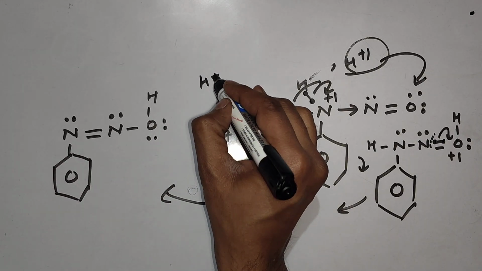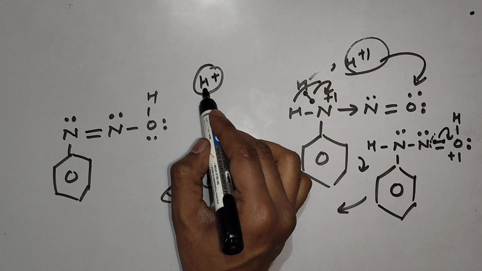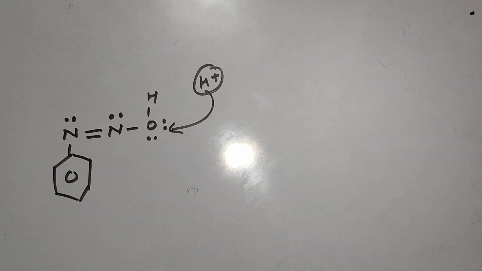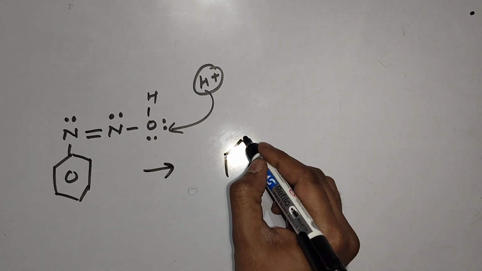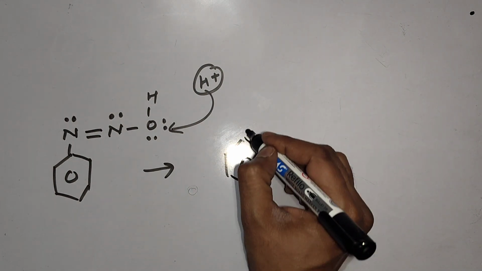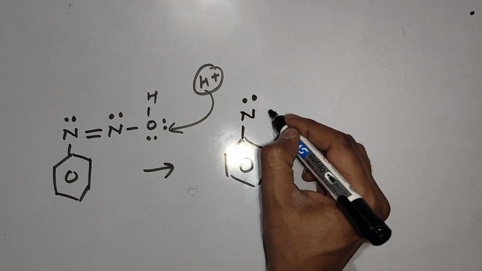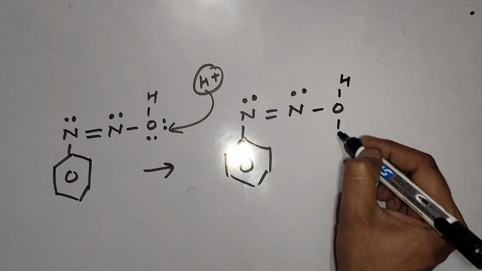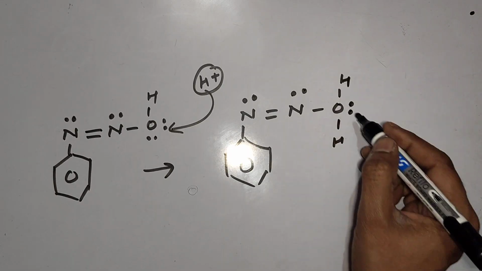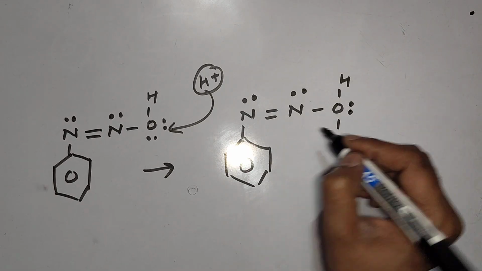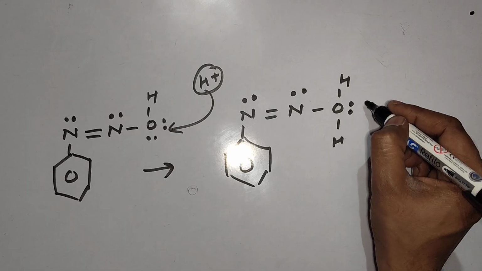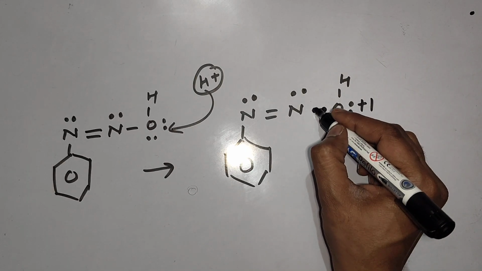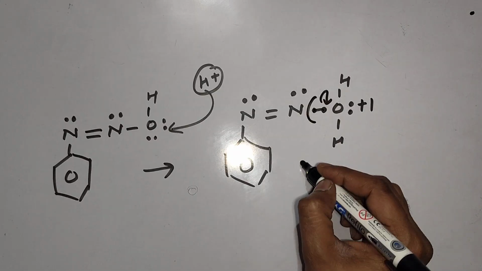The H positive particle again needs electrons, so it will go for oxygen. Again the same process will happen. Two hydrogens will join, and oxygen is going to make a coordinate bond with this hydrogen. In this condition, oxygen will again become unstable, and finally it will again break the bond from nitrogen like this,